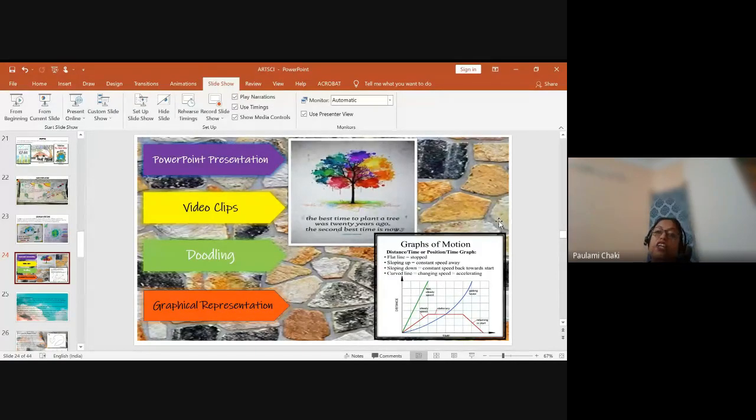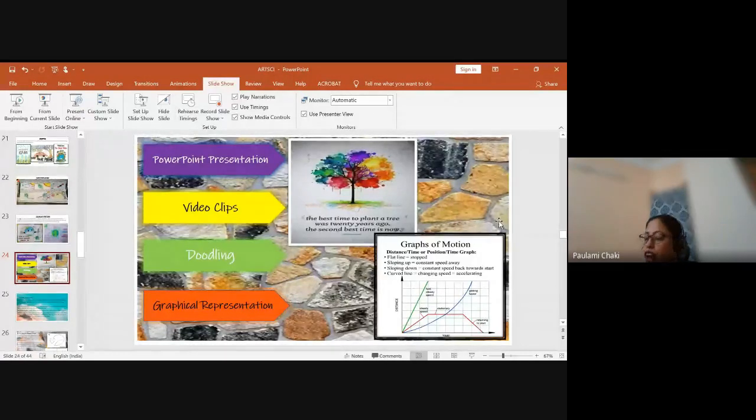Graphical representation we generally do in physics, but that can be done in biology and chemistry also. Like enthalpy can be taught to them. Then blood pressure can be easily done with these graphical things. You can ask them to take a chart on the blood pressure of different people at their home or in their locality. They can call them and ask, what is your high blood pressure or low blood pressure, and they can make beautiful graphs. So you have to plan it before.